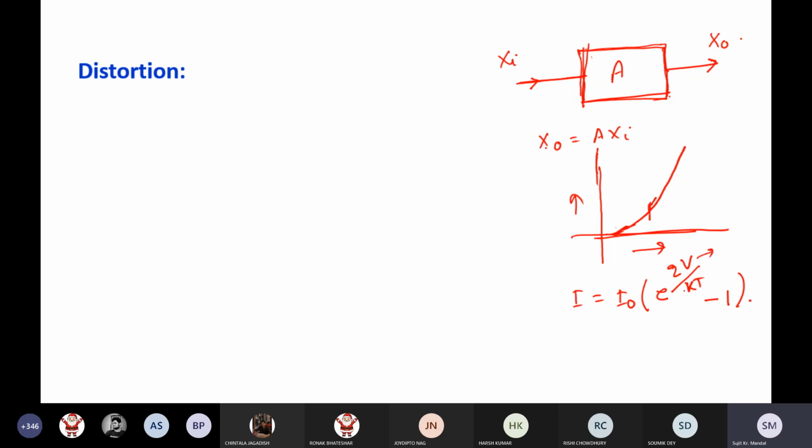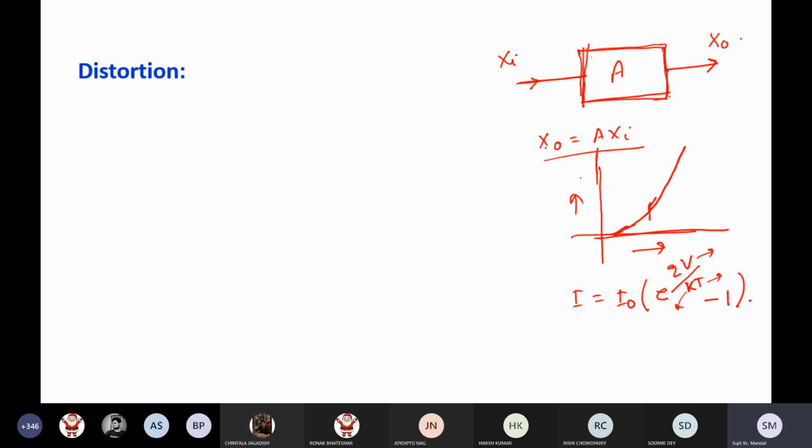If you increase the voltage, Q is the electronic charge, K is the Boltzmann constant, T is the temperature. So as you can see, it is related to the temperature also, and it increases exponentially, right? So that's why it increases exponentially. Similarly, a transistor is a junction of two PN junction diodes. It also follows the exponential relation, that means non-linear. So it is not exactly a linear relation, it is approximately linear, and sometimes it comes into the nonlinear